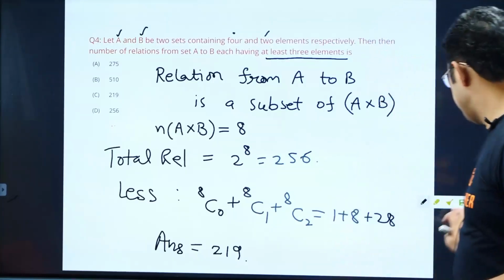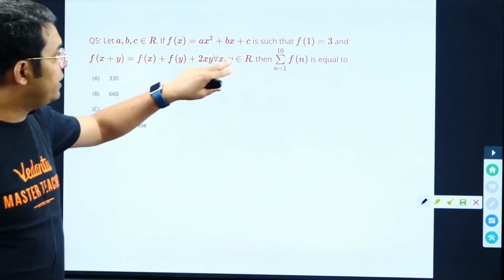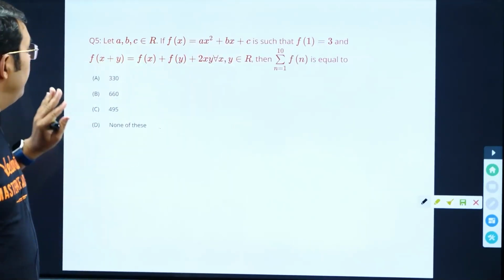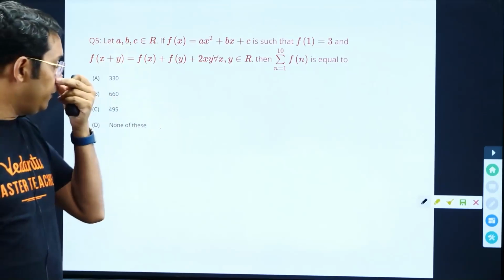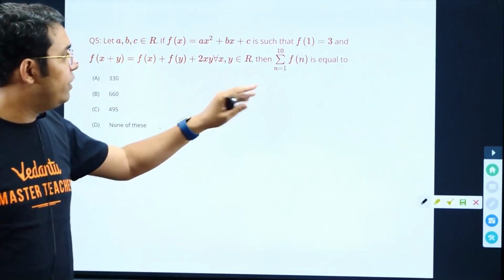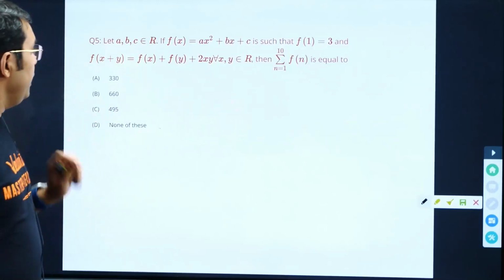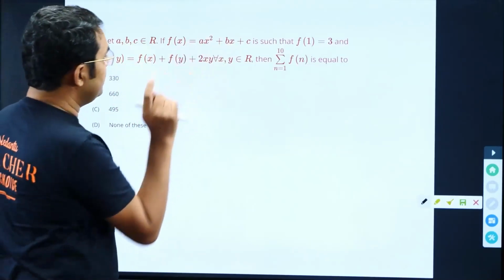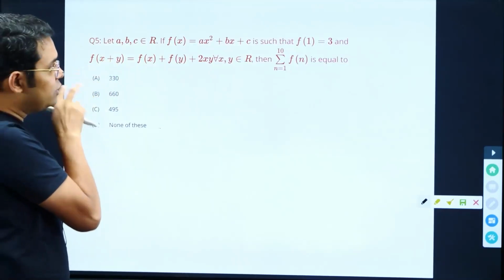Moving to the next question, we are given a, b, c belong to real and f(x) is a quadratic such that f(1) is equal to 3, and f(x plus y) is equal to f(x) plus f(y) plus 2xy for all x, y belonging to R. Then we have to find the summation n equal to 1 to 10 of f(n). Here we are given f(x) as a quadratic, so if I put this quadratic expression in this given expression,